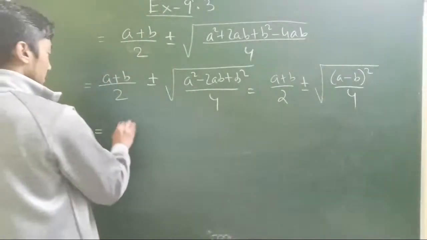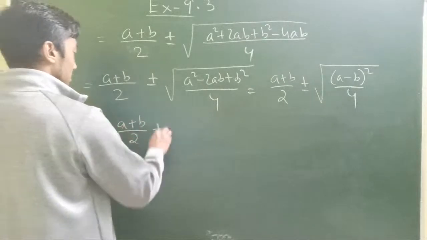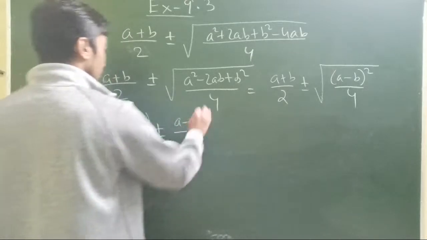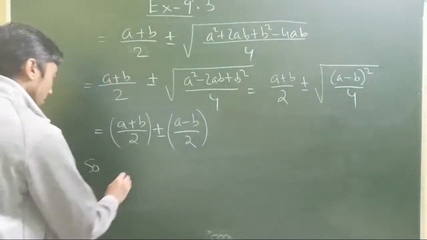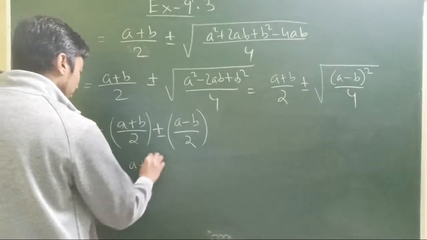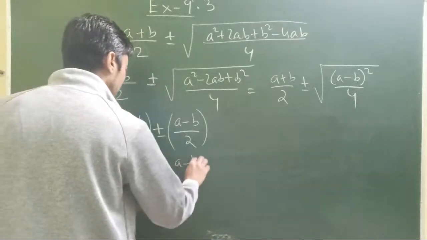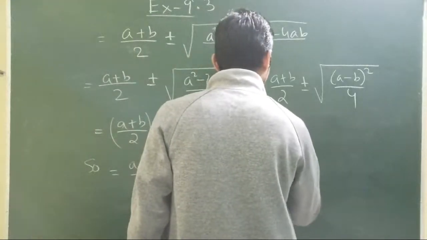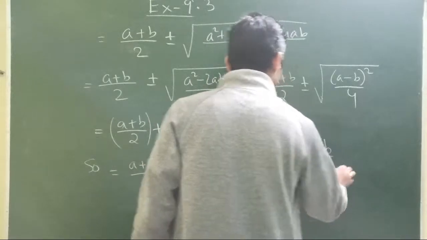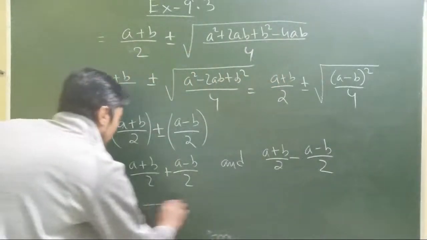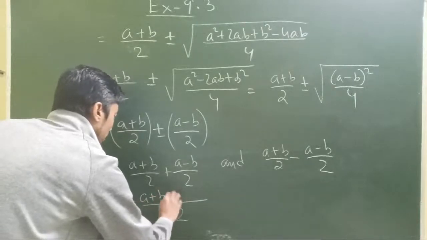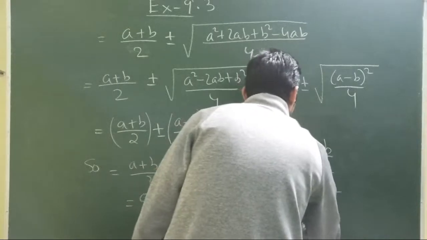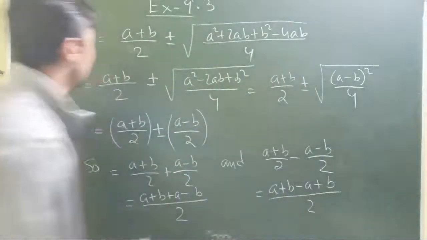So that is (a plus b) divided by 2 plus or minus (a minus b) divided by 2. So this implies one number is (a plus b)/2 plus (a minus b)/2, and the other number is (a plus b)/2 minus (a minus b)/2, because it's plus or minus. So that's like (a plus b) plus (a minus b) over 2, and this one again (a plus b) minus (a minus b) over 2. So if you just simplify, solve this further,